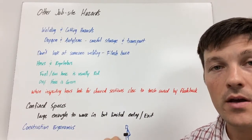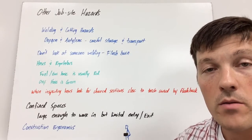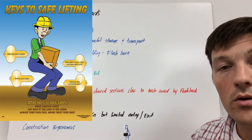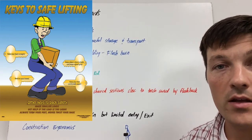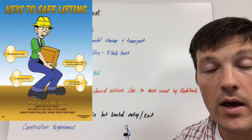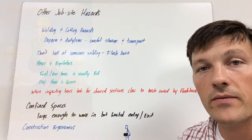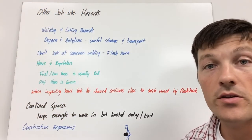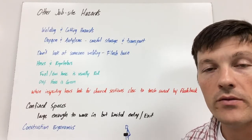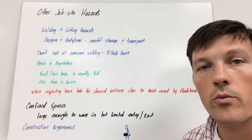Construction ergonomics. That's going to be the study of our body's movement when we're doing construction. One of the most basic things is when you're lifting, you want to lift with your legs, keep your back straight, and keep the load, whatever it is you're lifting up, close to your body. As you're picking it up, don't turn or twist. You might need to use a mechanical aid like a jack or maybe a forklift. Maybe get assistance. We don't want to get injured when we are moving things around